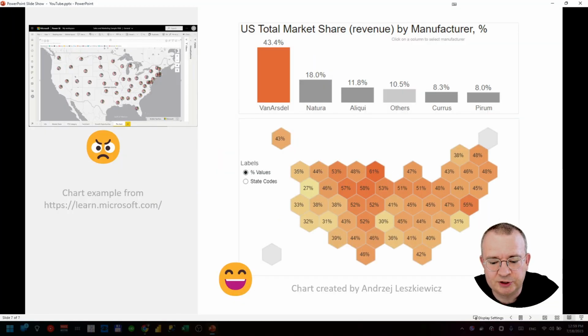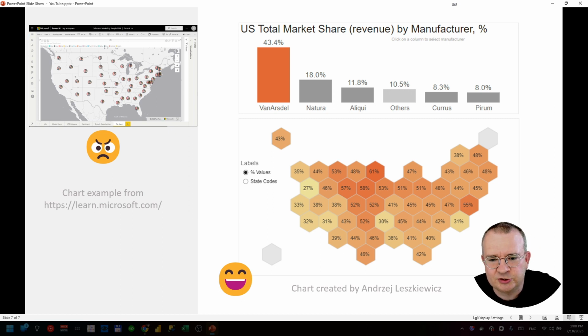And the second example I wanted to talk about is this map of the United States with about 50 small pie charts. Pie charts don't work when you want to compare two of them, three of them, and totally don't work when you have almost 50 of them and they are so small. You can't see anything on these pie charts. You don't understand which slice represents what, which slice is smaller, which slice is larger. You can't compare them. You don't see any patterns on this map.